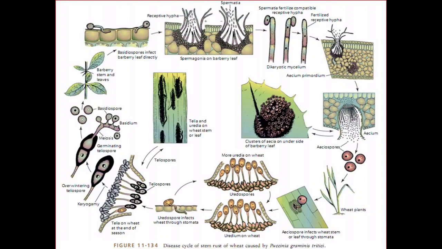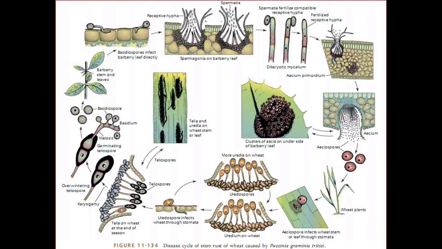The last most important stage is the basidial stage. In that, the basidium is developed. On that basidium, minute hair-like projections, that is sterigmata, arise. On those sterigmata, the small 4 basidiospores are developed exogenously, and these basidiospores may migrate or may infect the barberry crop,